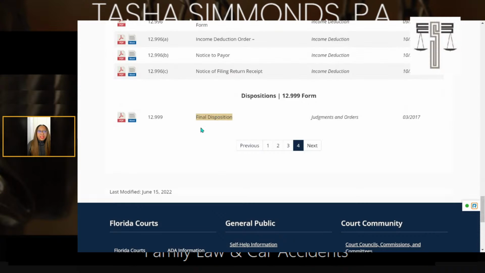You're not gonna need to do this. This is really something the clerk does. When a case is closed, this is basically the nail in the coffin, or the bow tied around it to say, okay, this is closed. This is what the case was about. Just a little statistics report so that they can